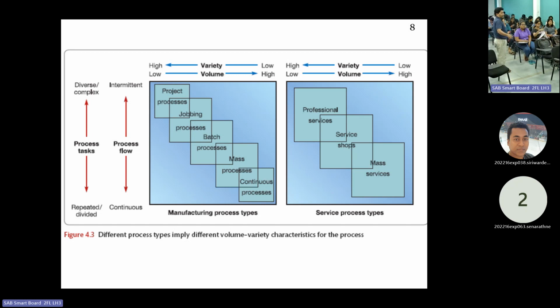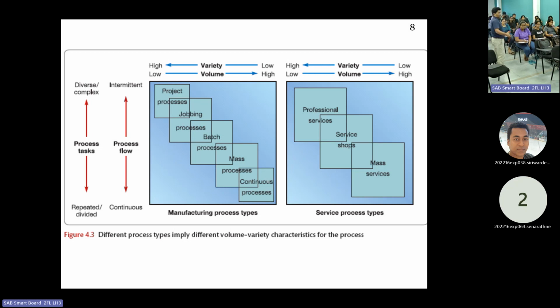It shows us the five processes, and in line with volume and variety, how they are different. For example, project process: in terms of volume, low volume. In terms of variety, project processes are high, and when you know the details, you can